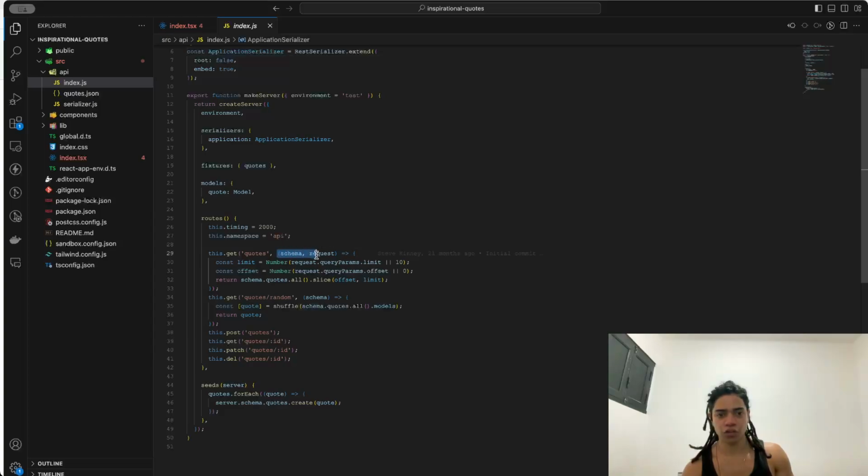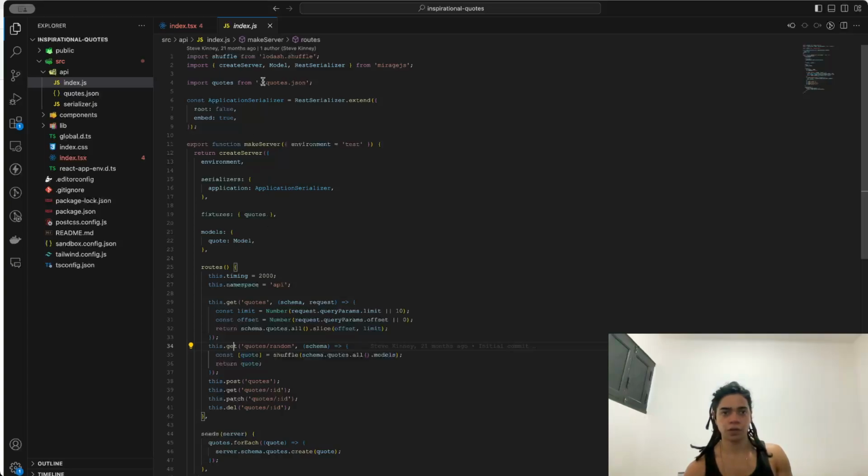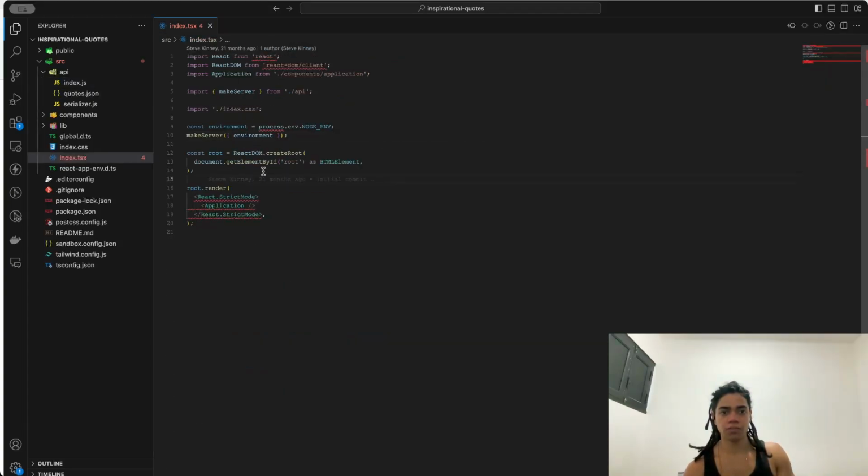How do we want it to actually represent this, or how can we reply when the server detects a quote? Routes here, limit, offsets. Okay, followed by the this.get quotes random, quotes ID, and all that kind of stuff. So far so good because we already know that. And then as a way to now mount, so when the server deploys this,